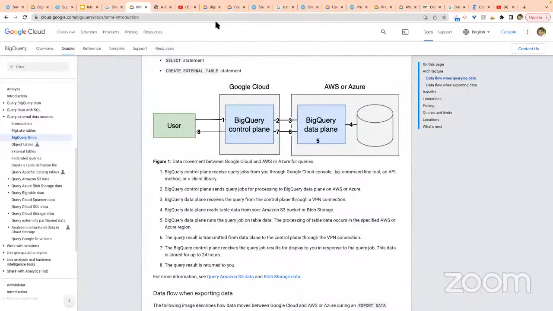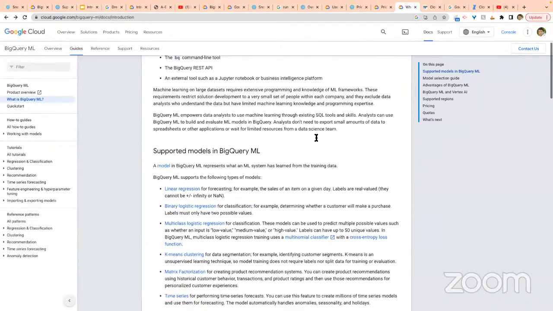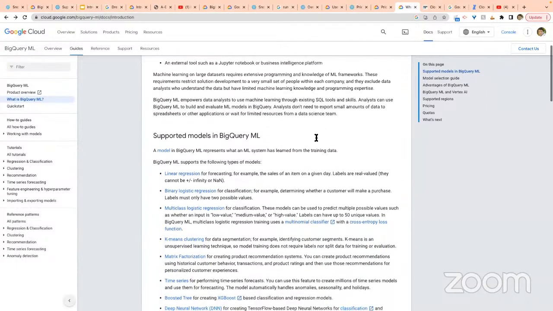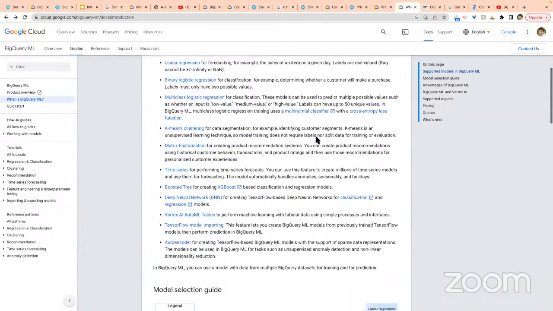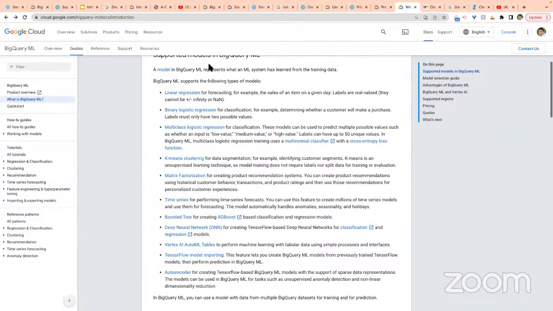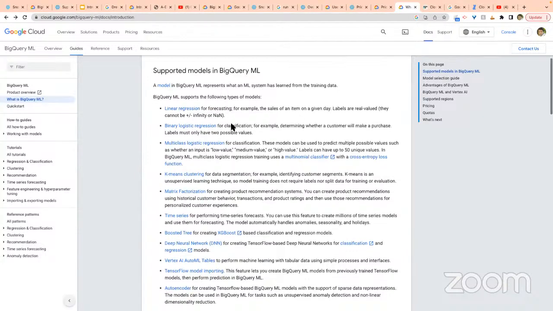Now, third part is BigQuery has BigQuery ML. If you go to BigQuery ML, let me show you that. With BigQuery ML, we can build machine learning models, train them, and do a lot of things like hyperparameter tuning. But there are limitations. BigQuery ML is not TensorFlow. Vertex AI is a Google AI platform, a newer version. There we can run TensorFlow models, and we can build models from scratch.